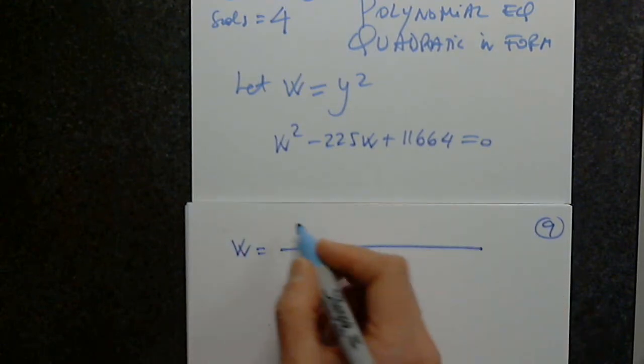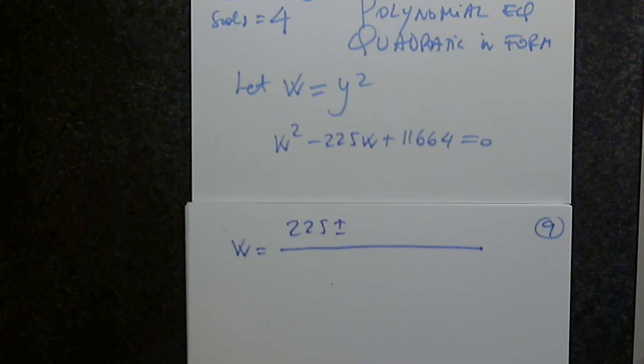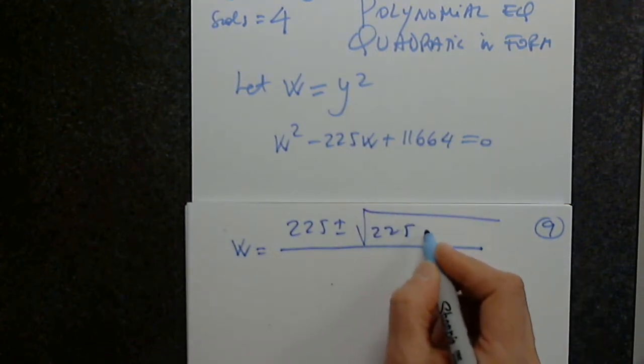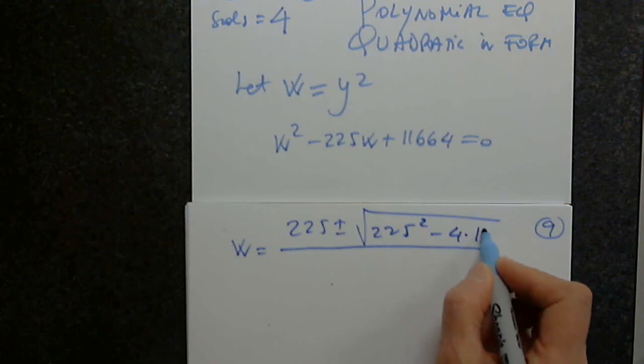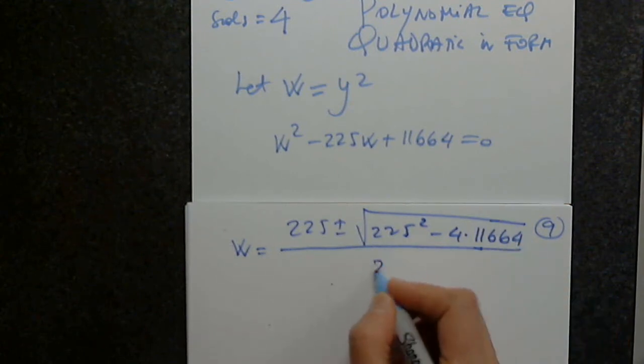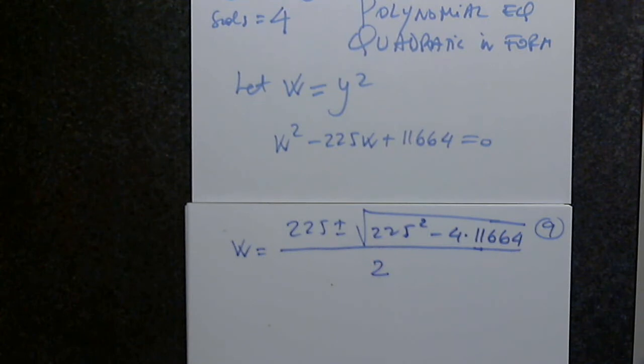Negative 225, the opposite of negative 225, the square root of 225 squared minus 4 times 11,664 divided by 2 times a. You're making my life very easy. Here's why. Because, as I said a minute ago, I had the class pick the same problem, and I did not believe it. So 225 minus the square root of 225 squared minus 4 times blah, blah, blah. And with plus in front and with minus, I'll wait for you to come up with the